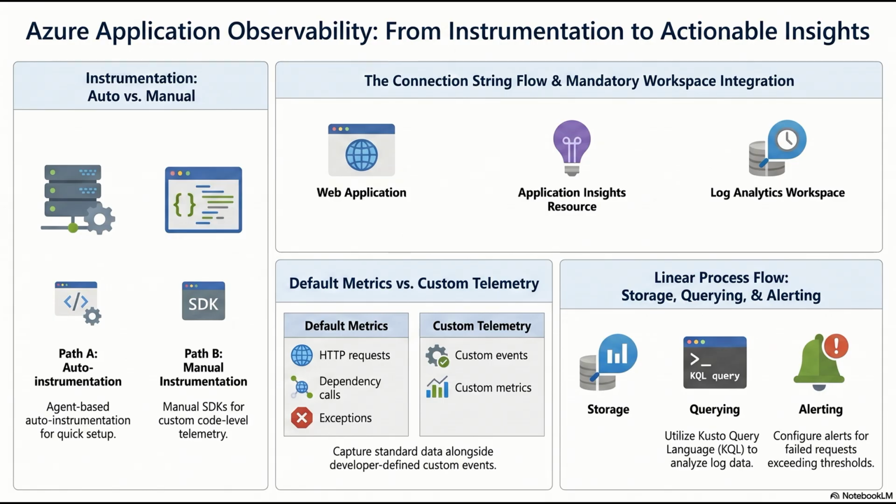We covered a lot of ground. We did. We explored how the new Azure Monitor agent utilizes data collection rules to surgically filter telemetry at the edge, and how private link scopes use DNS hijacking to secure that data transit over the internal backbone. We then moved up the stack to the compiled code, detailing how the Application Insights SDK intercepts the runtime pipeline to generate HTTP and exception telemetry. The dependencies. Right, we highlighted how dependency tracking injects correlation IDs into request headers to construct distributed traces across microservices. And we finished by turning that raw data into actionable intelligence using the KQL sequential pipeline, closing the loop with automated alerts and action groups capable of self-healing workloads.